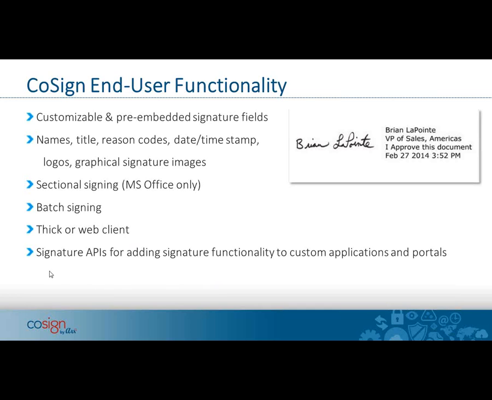And then lastly, one of the nice things about having a centralized approach to your digital signature solution like Cosign is that there is a robust set of APIs that we have available from our system that allow you to integrate signature capabilities into any of your custom applications or portals you may have in your organization. So if you have a system and you need to collect a signature on it in your process, we have many people who are integrating Cosign, whether they use our out-of-the-box connectors or our well-defined APIs to provide signature functionality into their existing line of business applications and portals that they have.